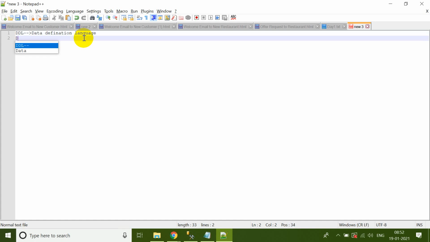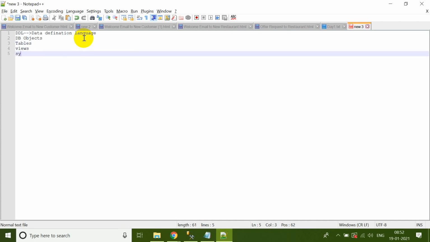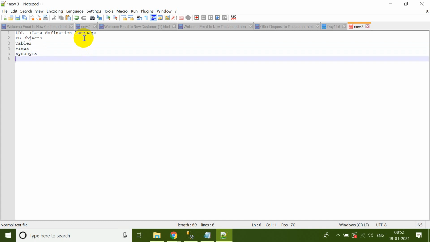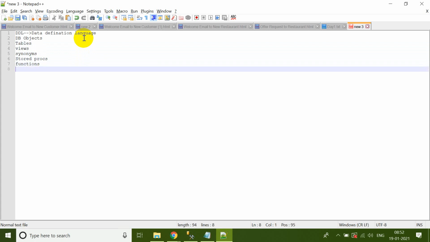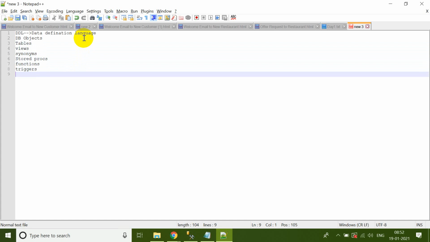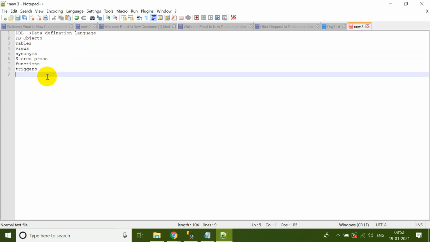So we have database objects. Okay, DB objects. So what we have: tables, view, synonym, stored procedures, functions, triggers. So like this we have database objects. So any object if you want to create, you need to have DDL commands. So the DDL commands are,